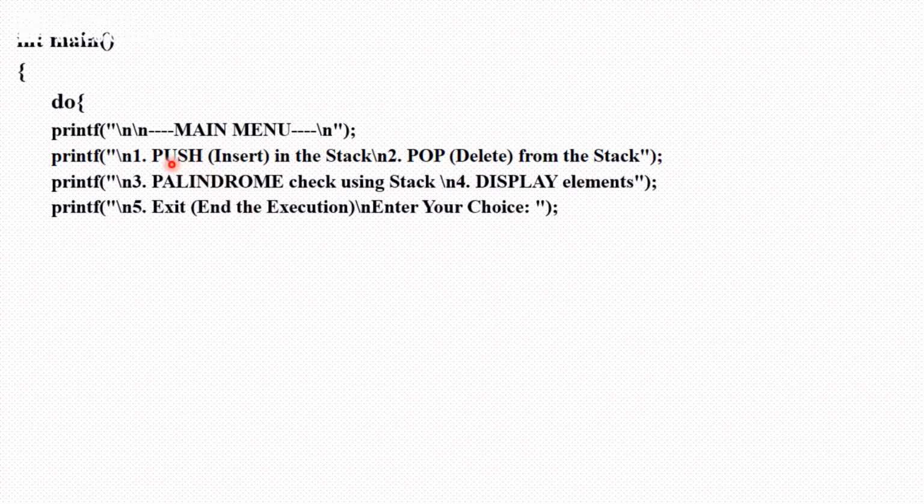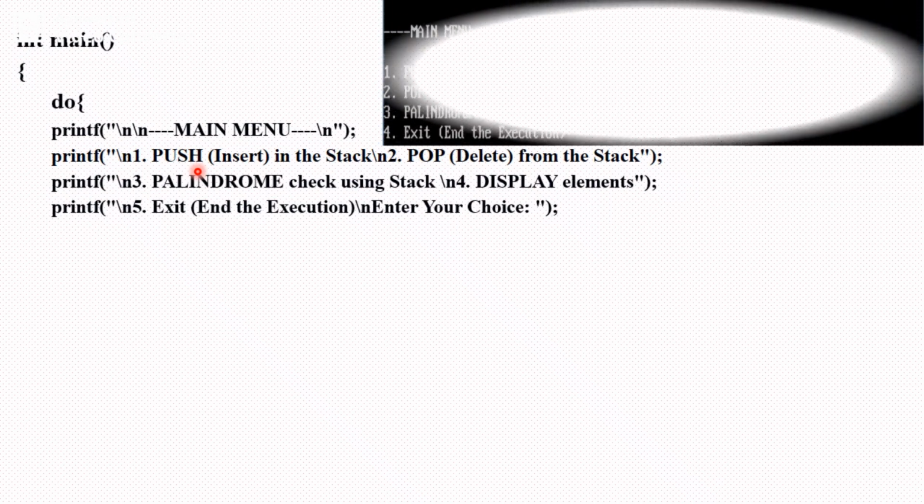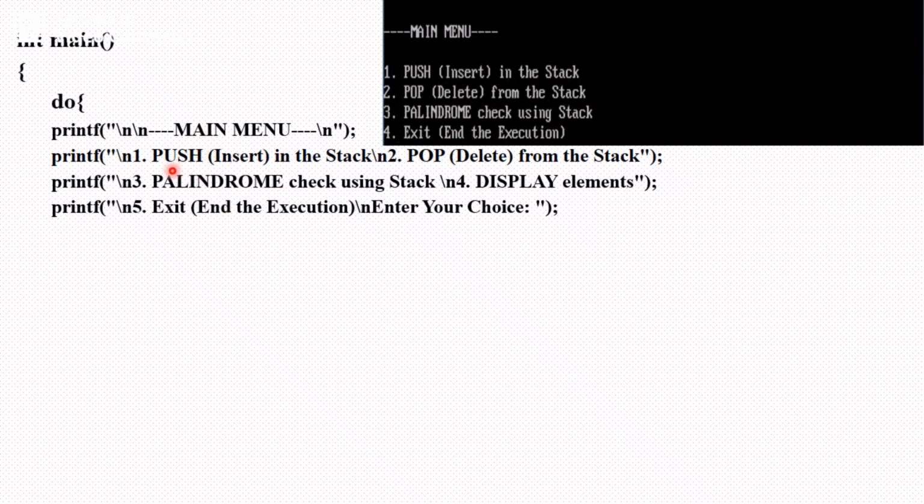So if I give a choice as 1, push, the push function will be called and corresponding operations will be performed. Because of these statements, I am going to get the output something like this. And if I enter a choice, this is also going to print enter your choice, that I will display later. How do you enter a choice? This will just print enter your choice, but it will not read from the keyboard. That's why you need the scanf function, scanf %d ampersand ch. ch is the variable to hold the choice.